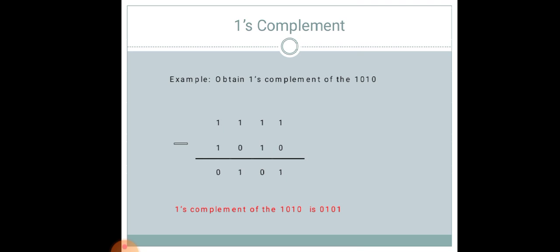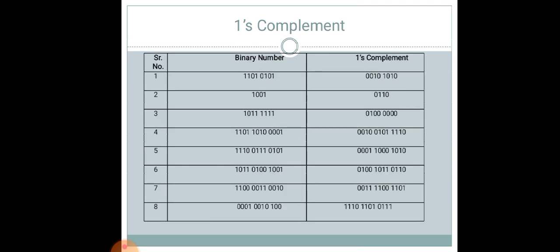So this is also the same method which we are following, that is replacing 1 with 0 and 0 with 1. Replacing is nothing but complementing, and complementing means we are subtracting each digit from 1. So this will also give you the ones complement. Otherwise you can follow the method which I told you in yesterday's lecture.